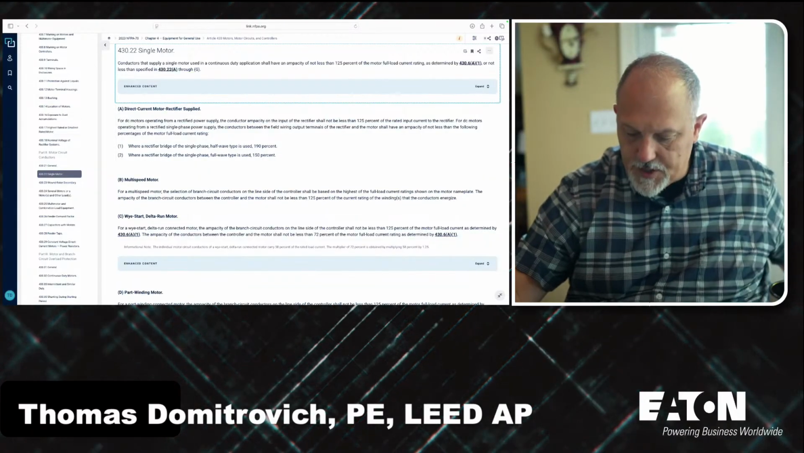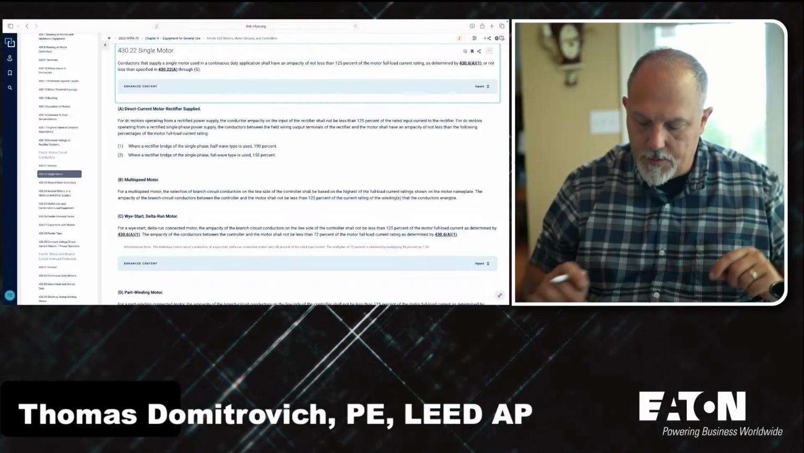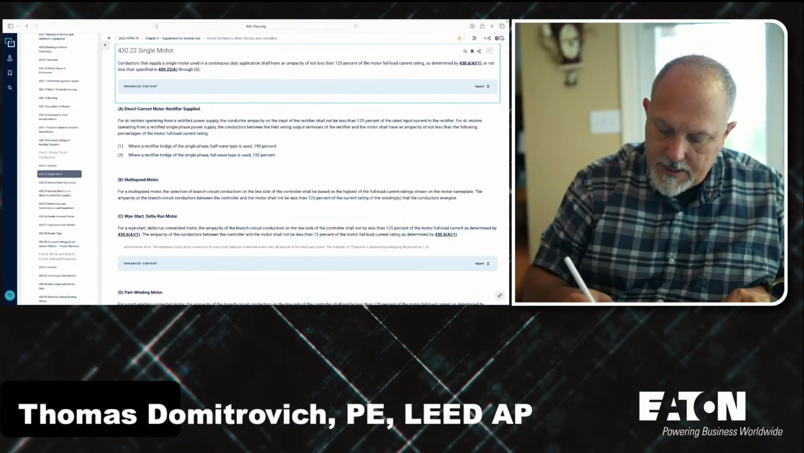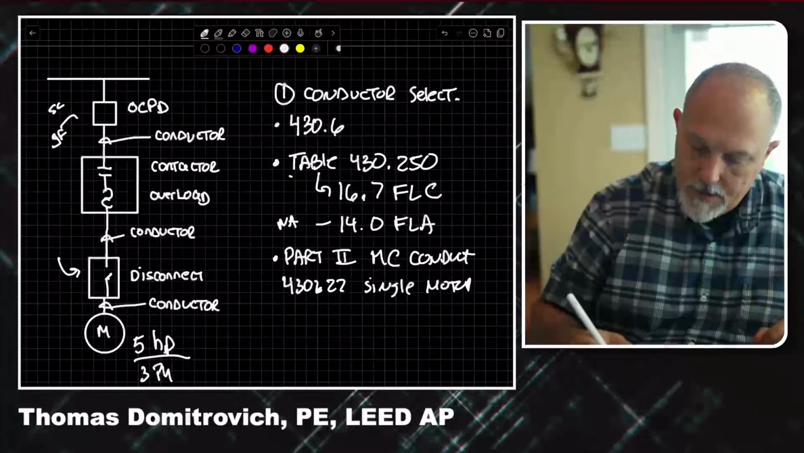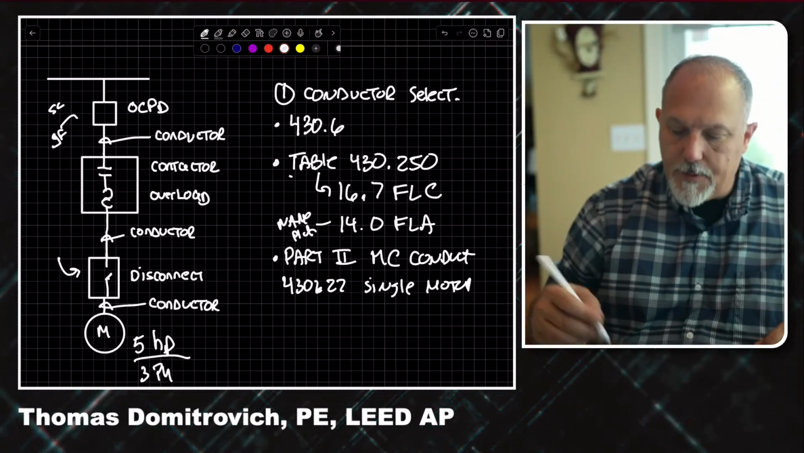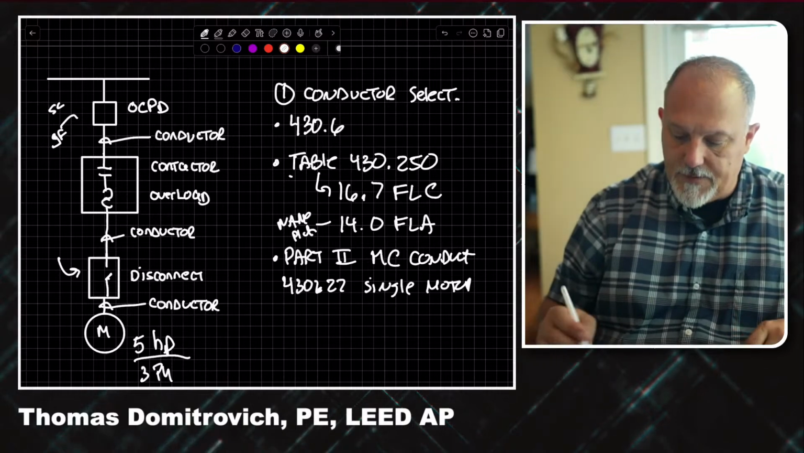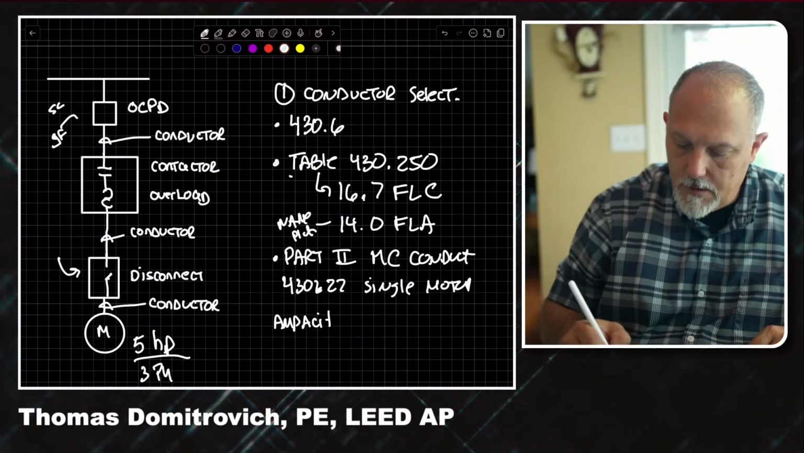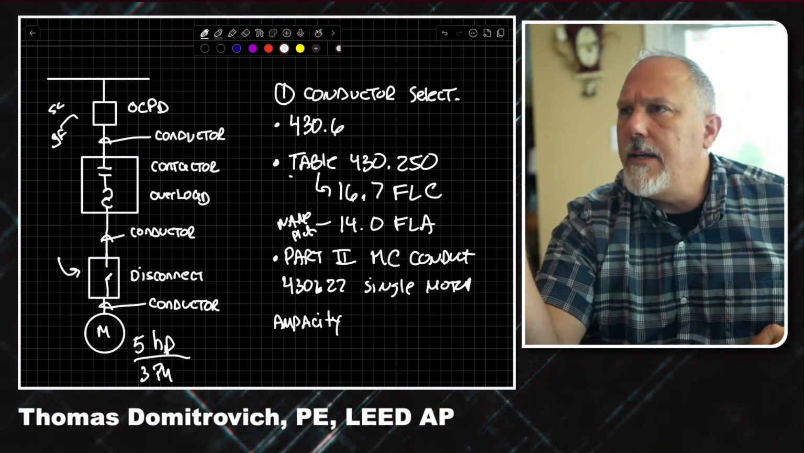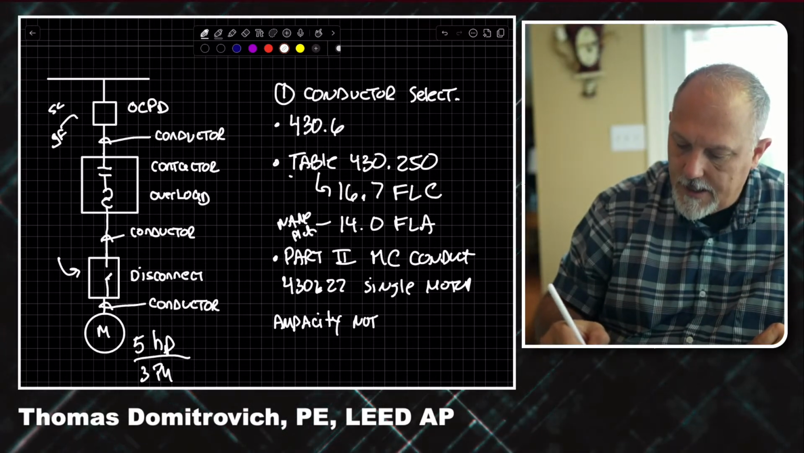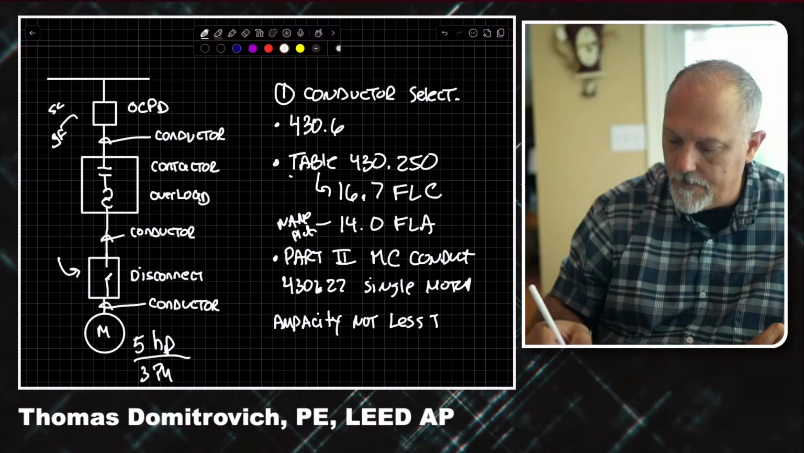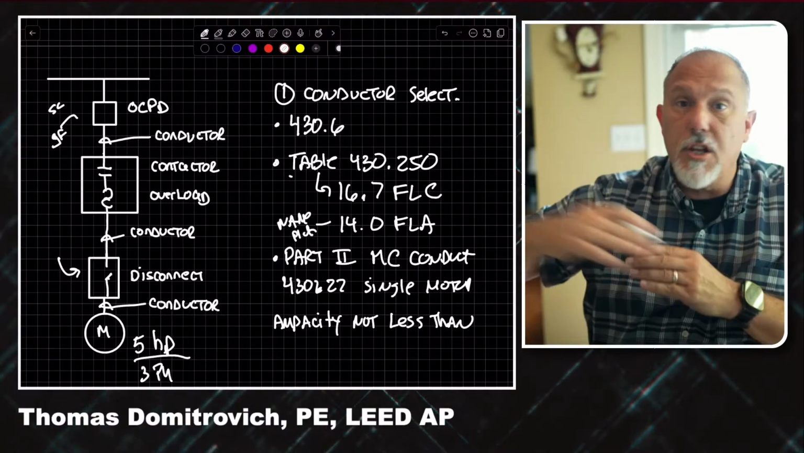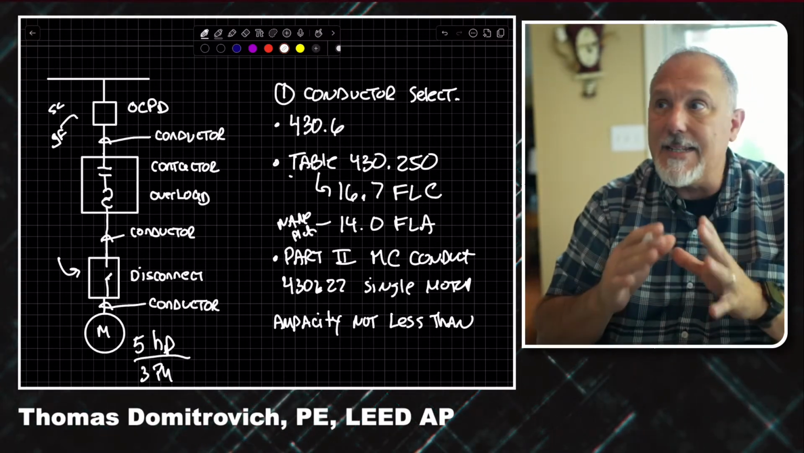Conductors, so I have to take 125%. I need a calculator. So my full load current from the table, and this is nameplate. The nameplate is 14, the table is 16.7. The ampacity, it says, must be not less than. This isn't saying that it has to be this exact value. It can be much larger, but it can't be less than